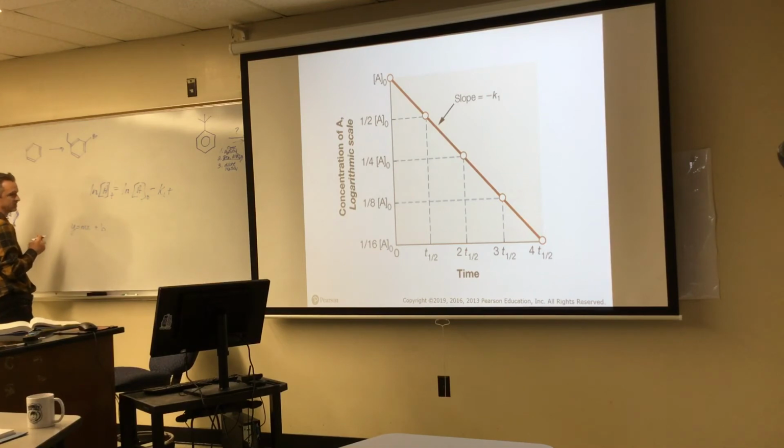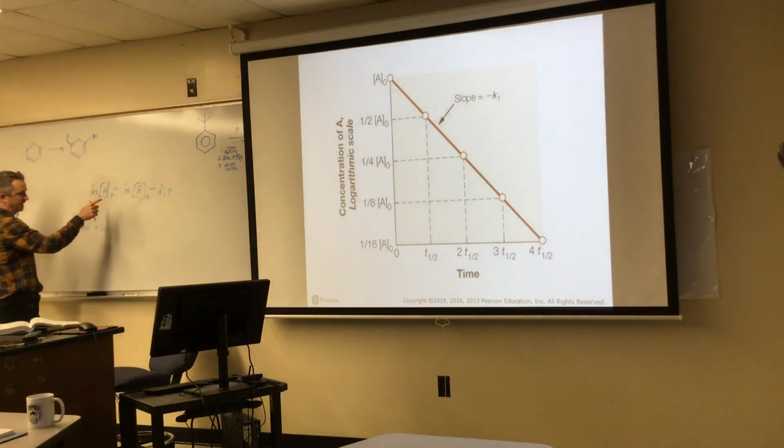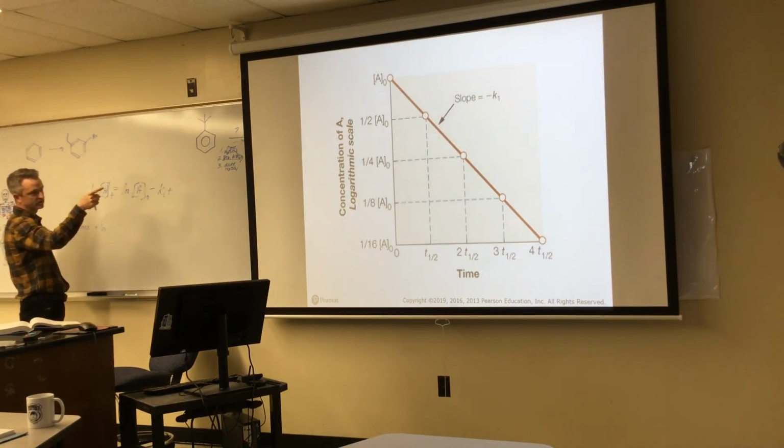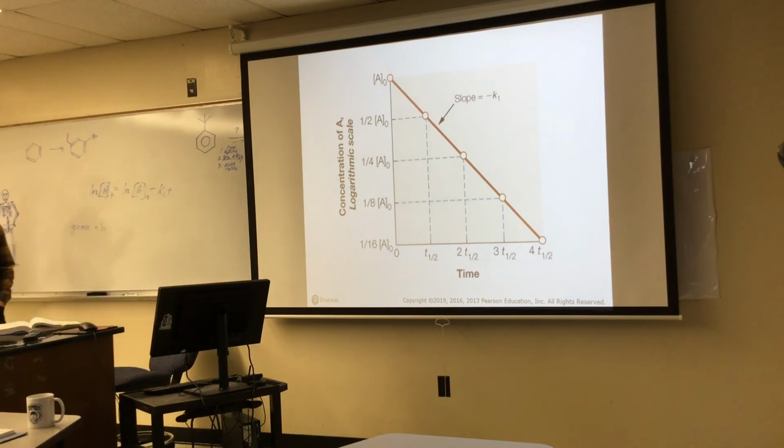If you put this in y equals mx plus b form, and it's not right now, then your slope is equal to what? Negative k. What is k? Hint, it's something that has to be determined experimentally. It's not temperature, is it? The rate of the reaction? That's right, it's the rate constant for the reaction. So, setting this up, and running that,